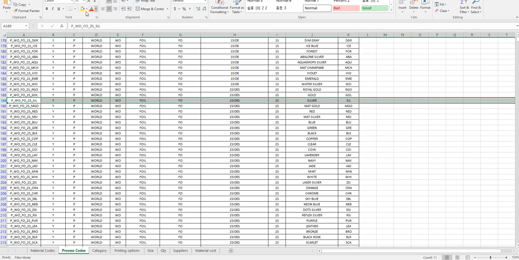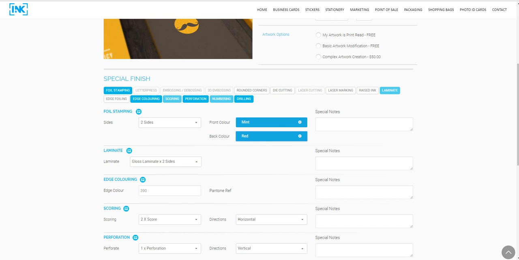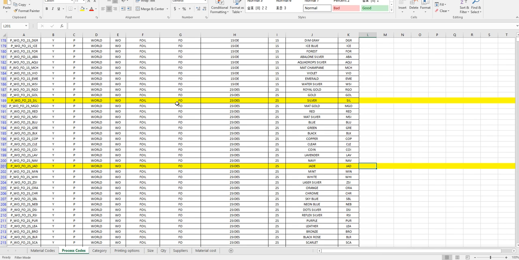Because with the pricing, for example, I will give you a price. So say this is the price here, this is the option for one process, and this is another process code. So say you've chosen those 2 colors from the front end. Basically we can just combine those 2 codes together, and because this will have one price and this will have another price, you just add those 2 prices up in the end. I know I haven't covered the pricing and the pricing formula yet, but I want to get your opinion for now on using 2 foil